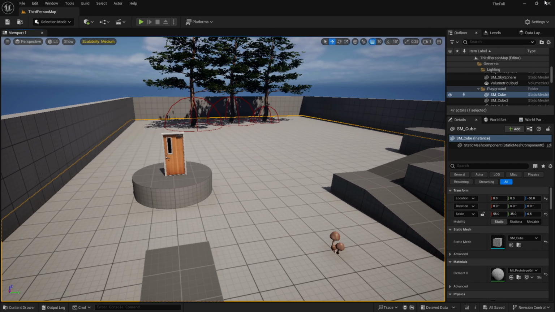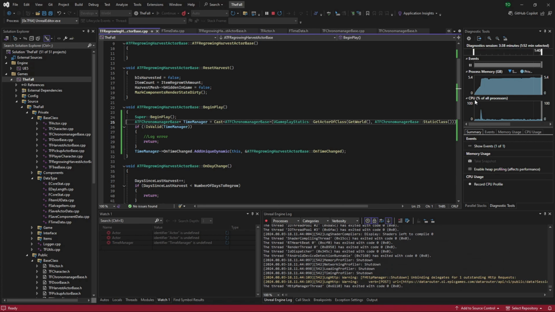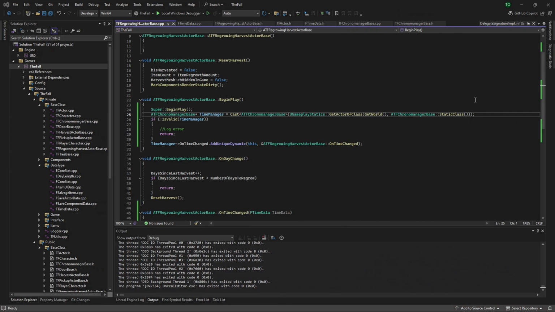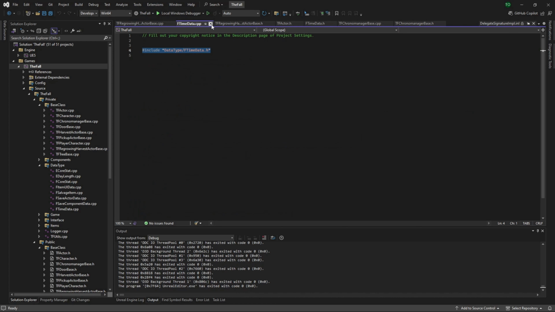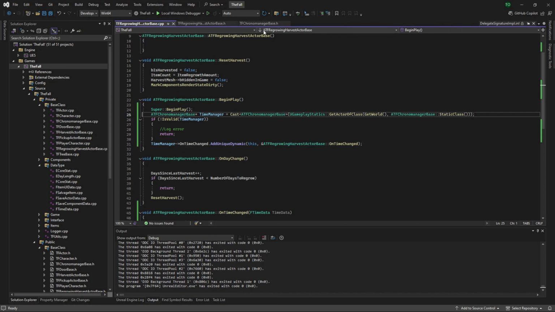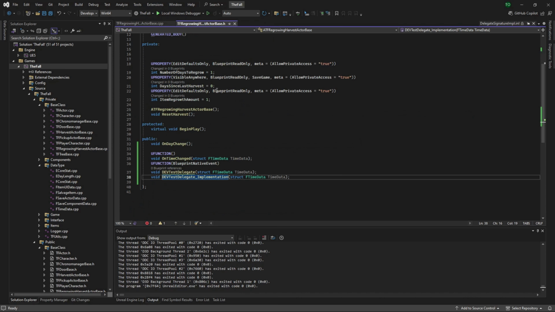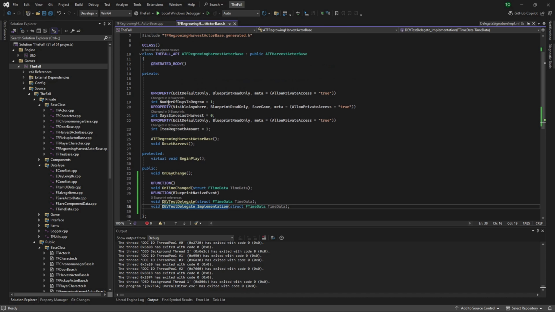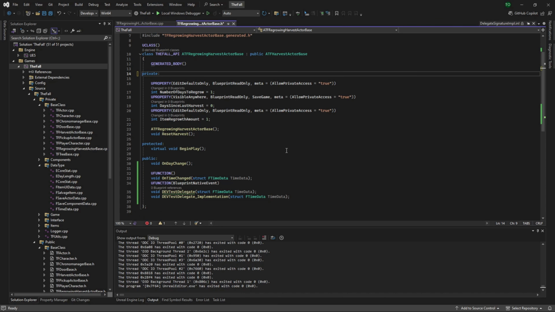Now, with that, we'll close out of the editor. And we're going to spend pretty much the rest of this episode working on our harvest actor. So I'm going to close out of all of these other files we don't need. So we do need to add or make some changes here, because a lot of this was done at the time because I thought I was going to have our delegate,